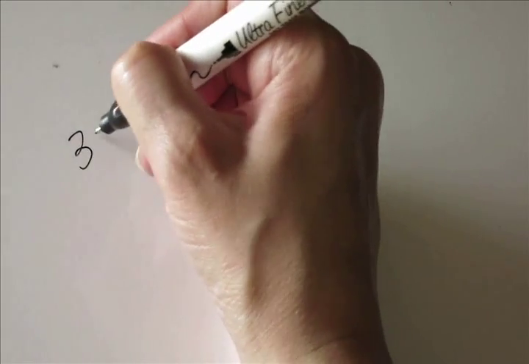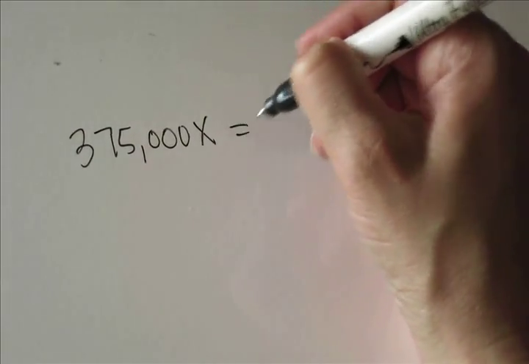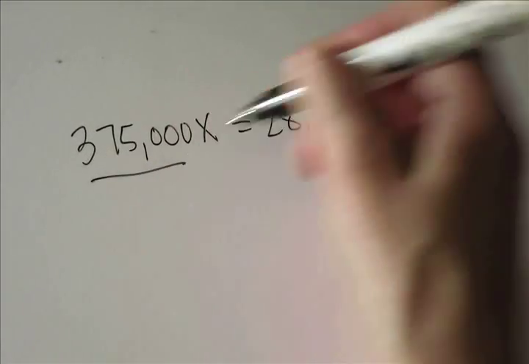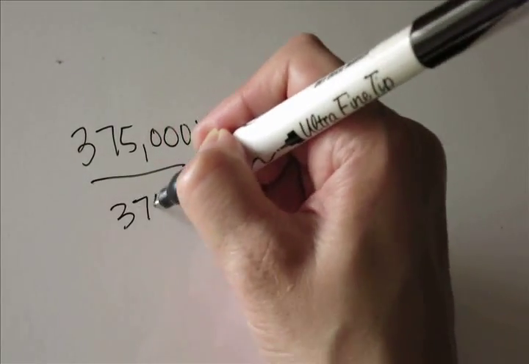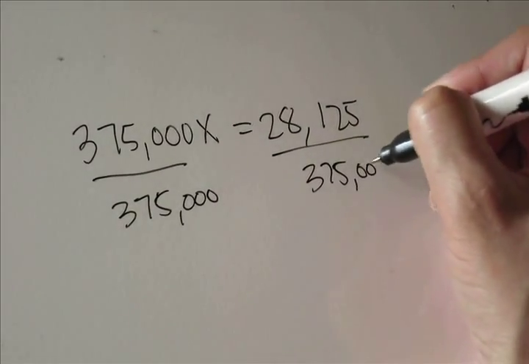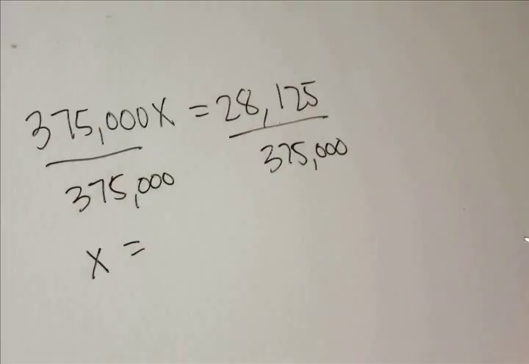Just rewrite that as 375,000x equals 28,125. Divide by 375,000 so that you're left with x equals